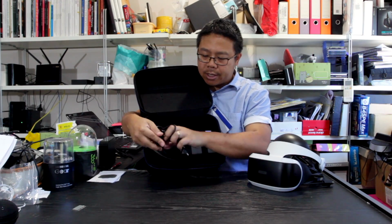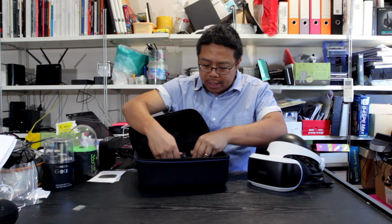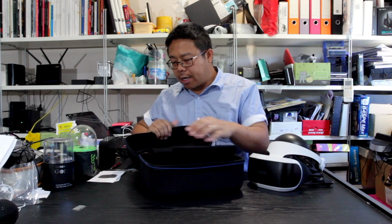What I did before is I basically wrapped up my HDMI cable. I slot it on the side, so that fit nicely onto the side here, next to the processor unit, because there is room here. There's a few ways you can kind of slide it around. And the next thing is